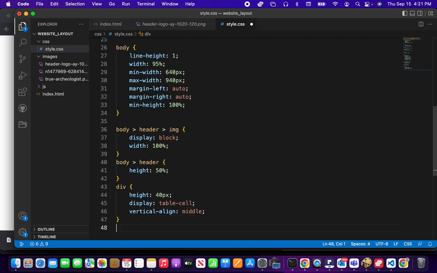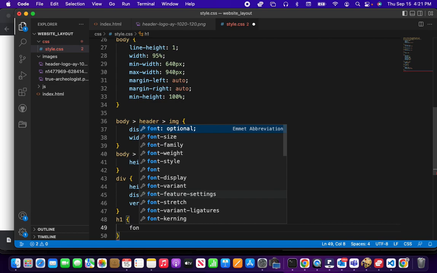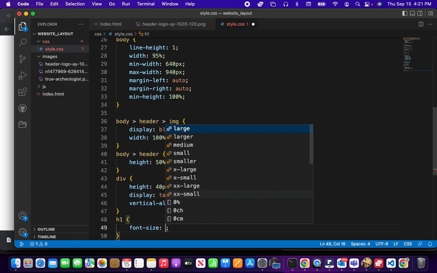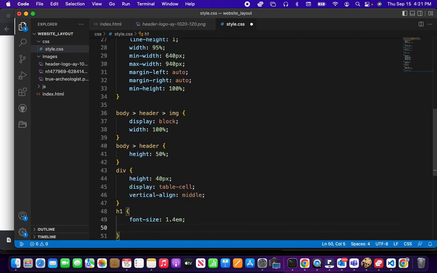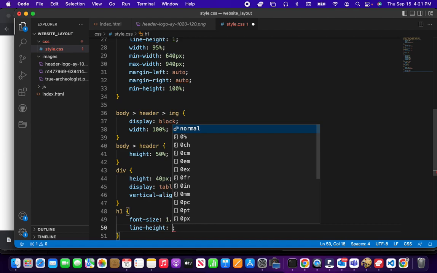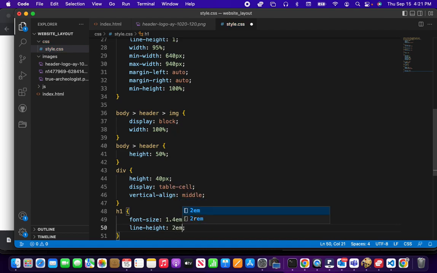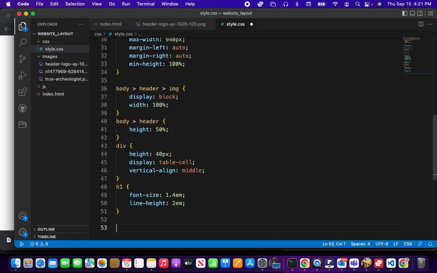We're going to address the H1 now, and we'll set the H1 to a font size of 1.4 em, and our line height of 2 em. Okay. All right, we're almost there now where we're going to start breaking and moving things around